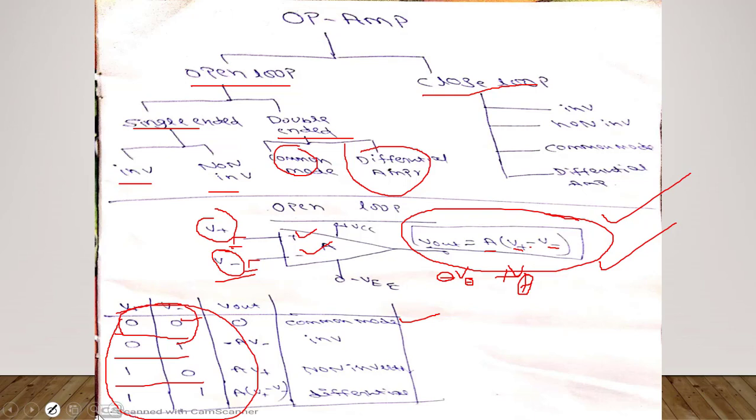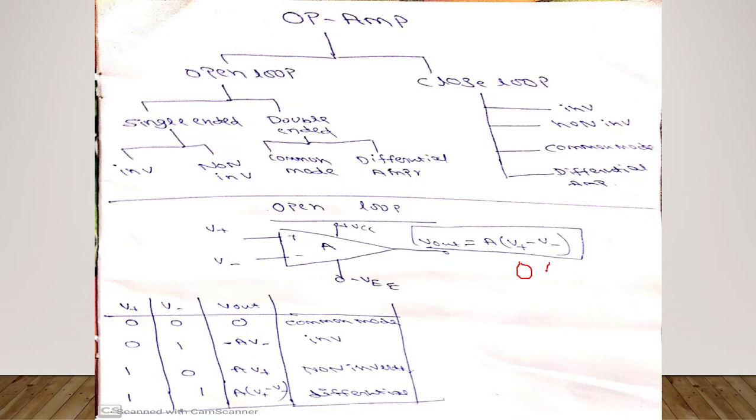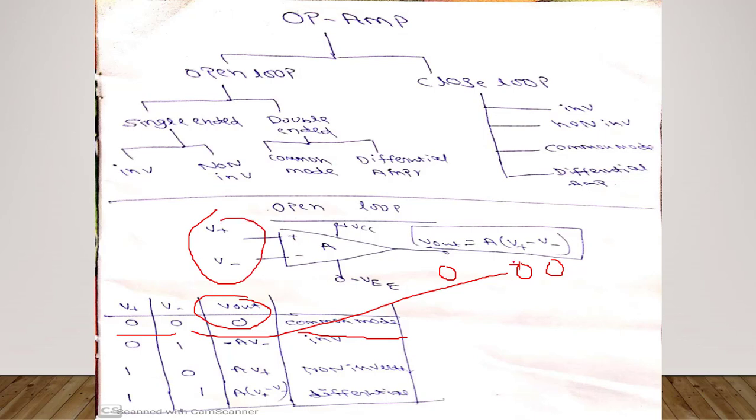Once I am using 0 0 for that, what is the answer I will get here? I am using 0 here, 0 here from the first condition. So if I use 0 0, my V out will be 0 only. Yes or no? 0 into A. So this is called a common mode. Common mode is usually used to check whether our op amp is proper or not. If I give both the values the same, then the output should be 0. If it is not 0, then we say there is a small offset voltage. That we can discuss later. Now we can take V out as 0 here.